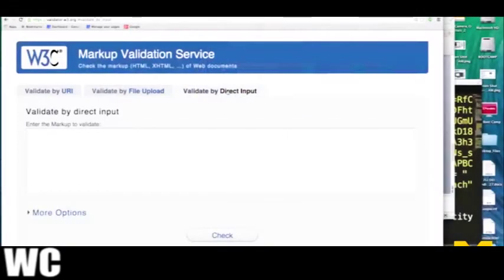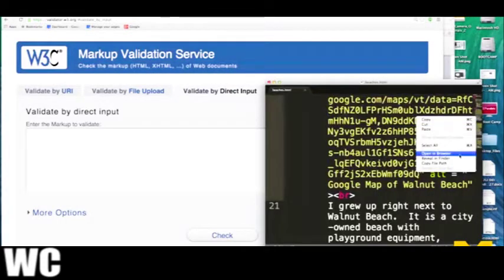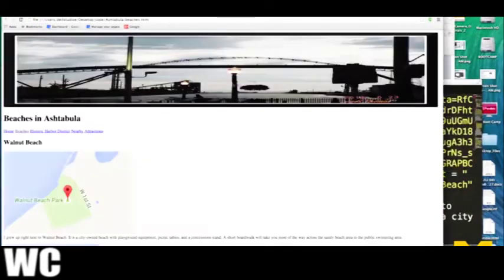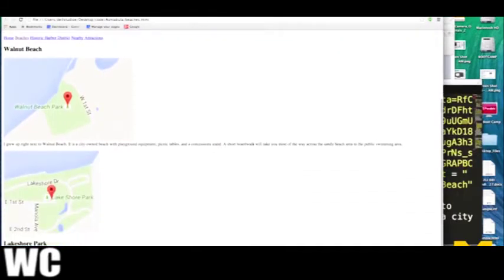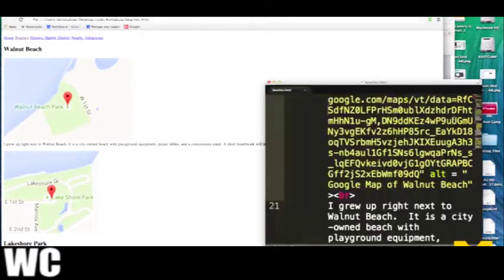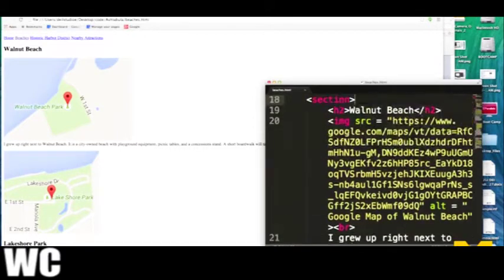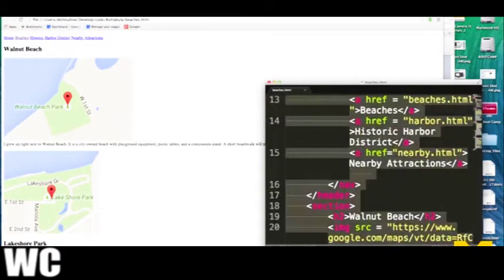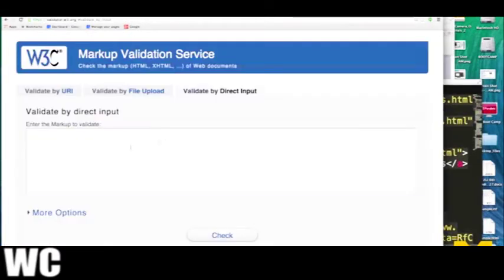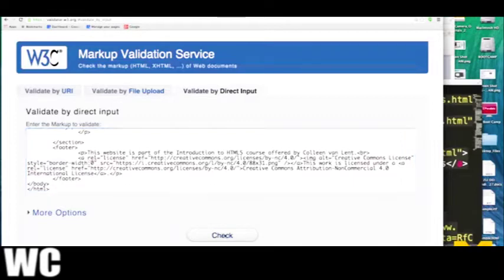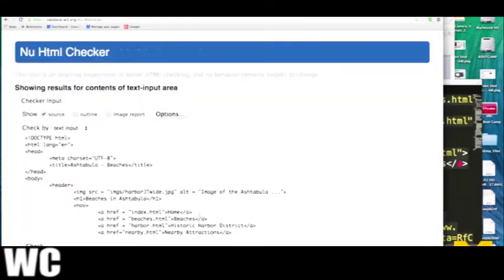All right? So let's start by looking at the page we're going to validate. Over here, I have my little picture of Asheville with the beach. And as you can see, it looks pretty good. You don't see any problems with it as you go back and forth. But let's see what happens when I actually grab all this code. If you want the shortcut, this works for almost everyone. I'm going to go ahead and do Control-A and Control-C. Head back over here, and when I put it in and I click on check,